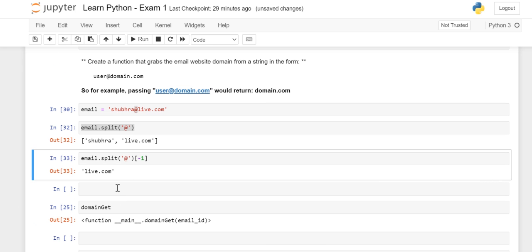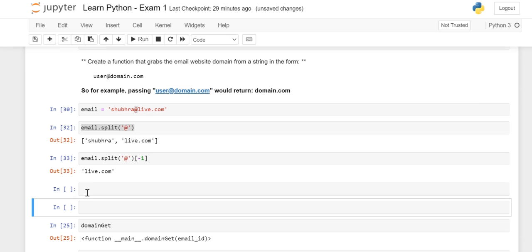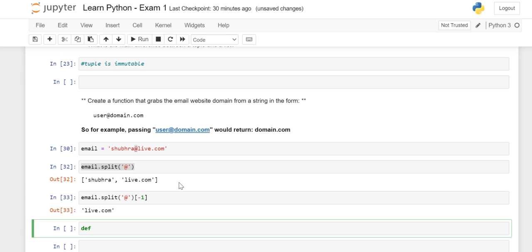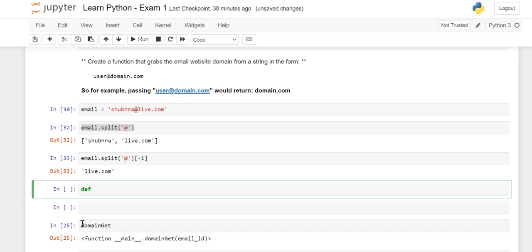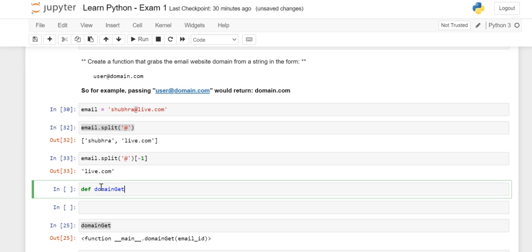Now comes the time to put all the steps within our function so that we can use that function whenever it's required. So how to define a function? def, and then our function name is what? getDomain. This is the function name. If you see throughout the exercise, whenever I have asked you to define a function name, it always follows a certain structure.